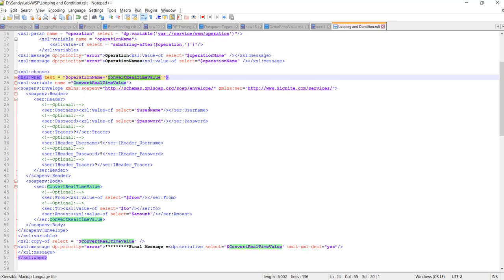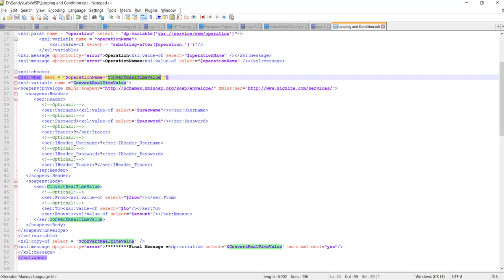Here we are again populating the header value with the static values which we have in our context variable. And here we'll pass this value, again populating it with the help of context variables.